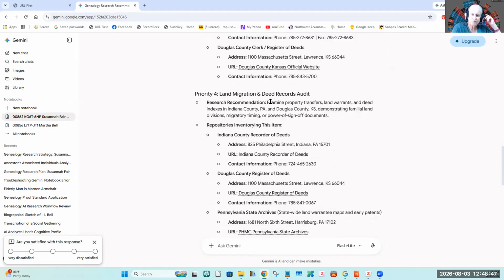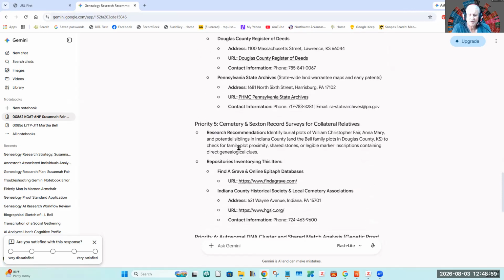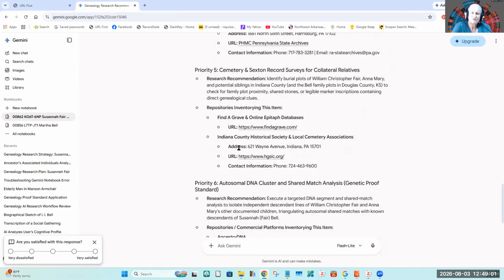So then land migration and deed records: Indiana Recorder of Deeds, Douglas County Register of Deeds, and Pennsylvania State Archives is what it's recommending there. Then cemetery and sexton records, surveys for collateral relatives, Find a Grave, and Indiana Historical Society local cemetery associations.